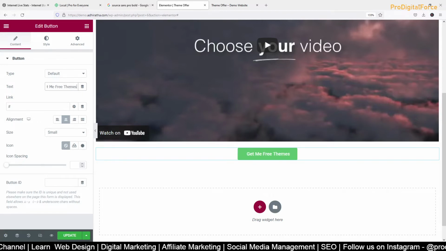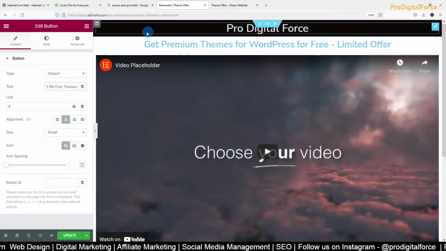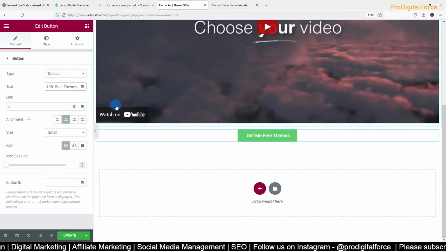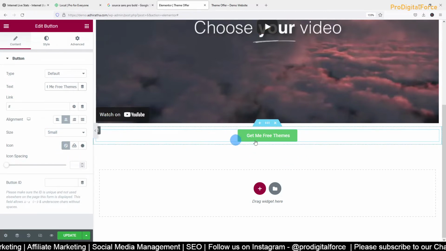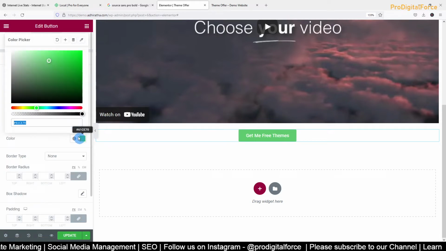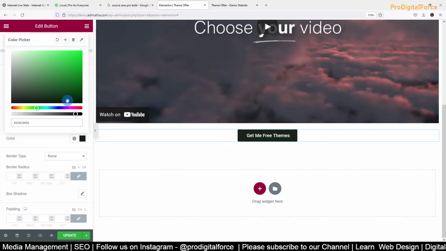get me free themes. This is a button. Here a black background is there. Even the button, let us change it to the similar color. We should not have multiple colors, we discussed, right? That's why I'll set the button maybe a little darkish. But it's always better to take the color code, so the same color code you can apply everywhere. Update.